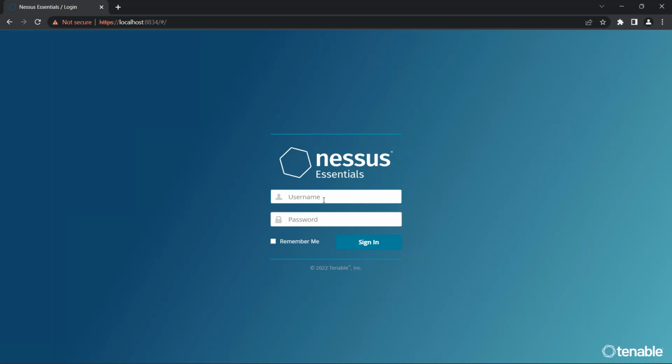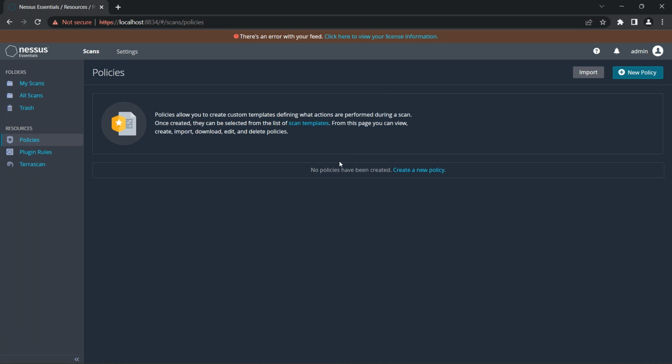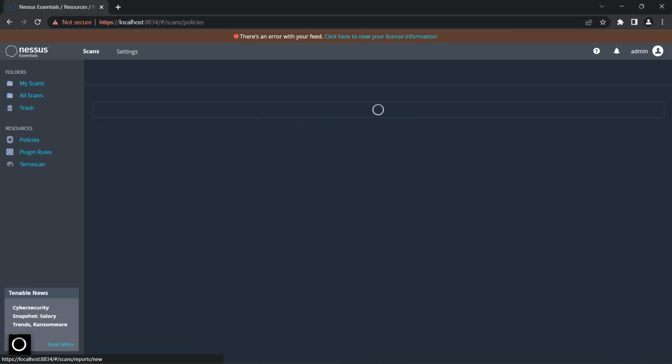So this is how your Nessus login page looks, guys. So it's running in your system, is it? It is running in my system. I do have it installed on my system. So I'll show you how to install it on yours as well and how to perform these different types of